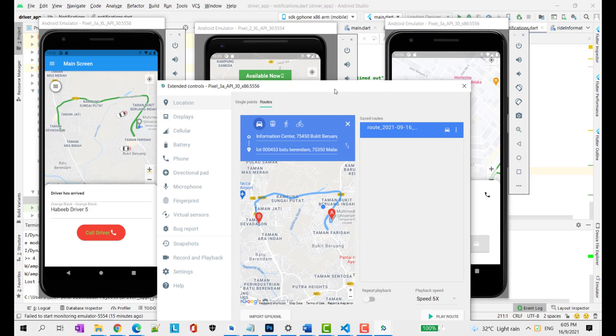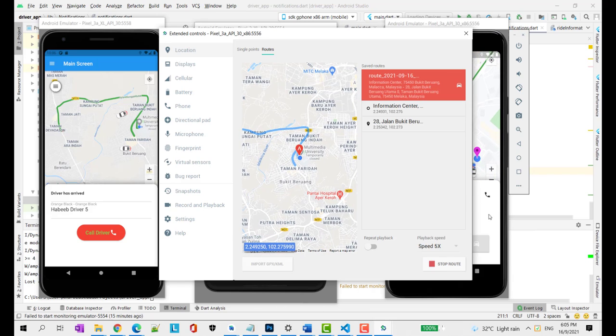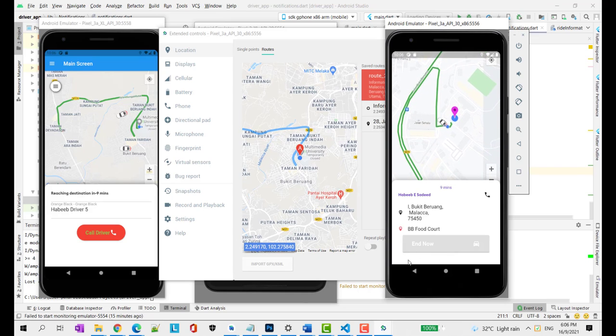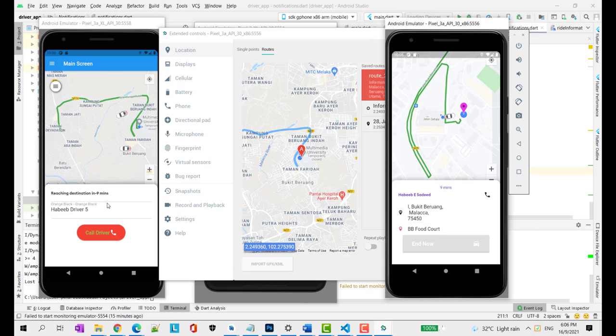Yeah, that's my location, BB food court, and then the driver should start going to the food court, and after that it should click drive now. So once I click drive now, it says reaching the destination. So I will be reaching the destination shortly.